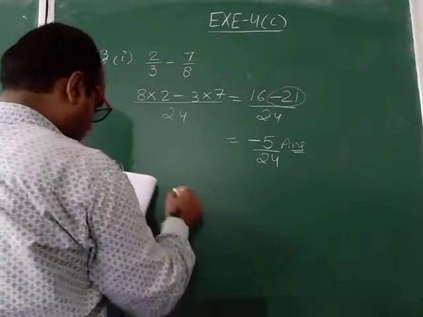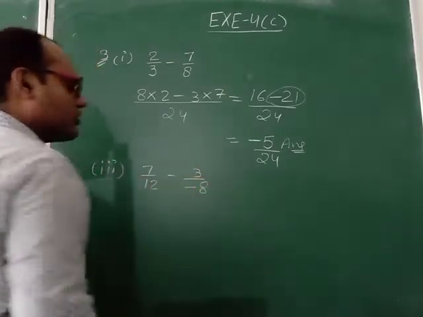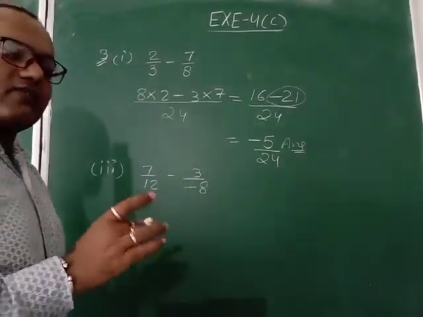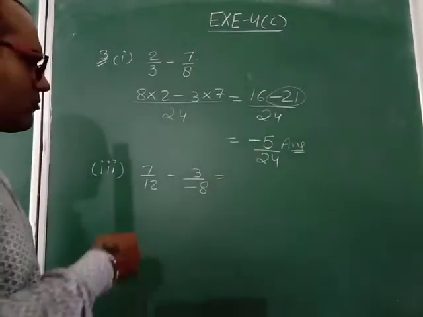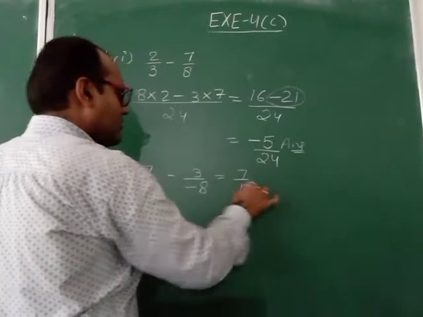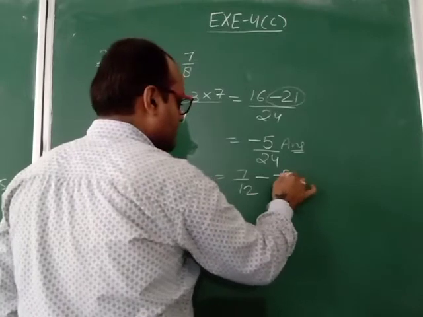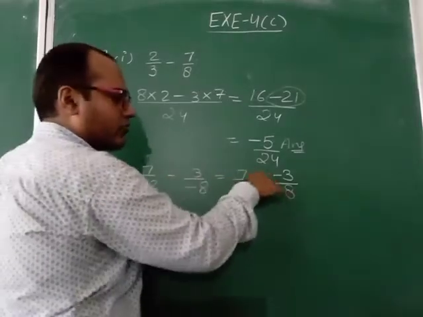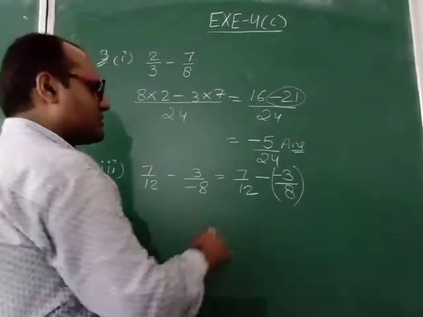Third part, 7 upon 12 minus 3 upon minus 8. So in this question you will observe that minus sign is coming in the denominator. So whenever minus sign will be in the denominator, then in that question we have to modify it. What we will do? This minus we will bring in the numerator. So 7 upon 12 minus sign as it is. This minus we will bring in numerator, that is minus 3 upon 8. From the denominator, this minus sign will go in the numerator. Now two signs are coming. So we have to use bracket. Now we will remove the bracket. So minus and minus